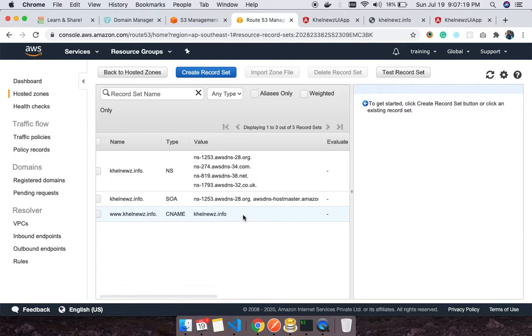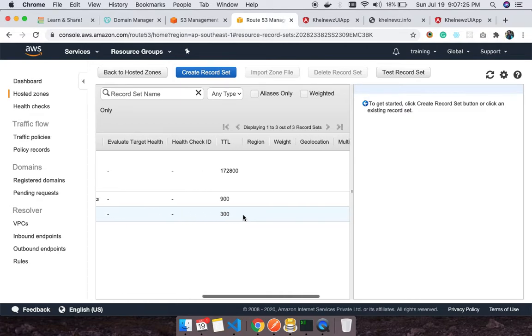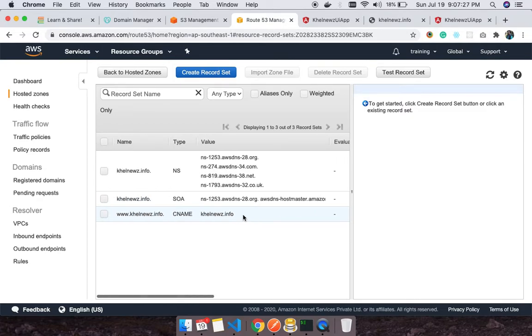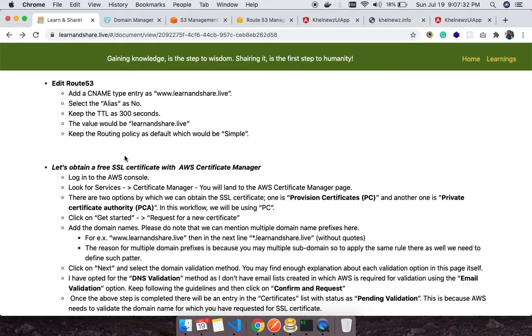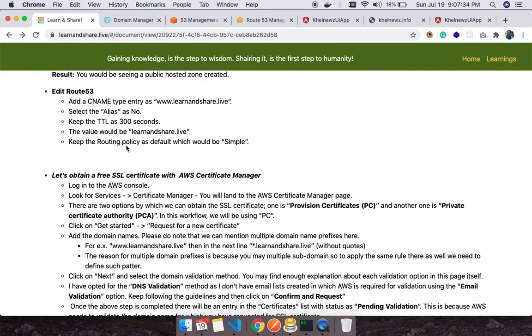It was throwing that error because it cannot be the same name as the domain name. So now as you can see, there is an entry now. Yes, keep the routing policy as default, which would be simple. So we are done with these steps, right?